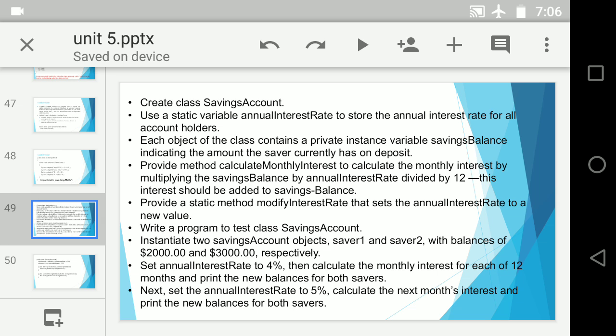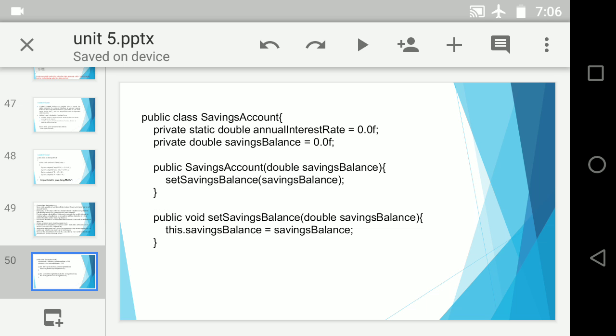Each object of the class contains a private instance variable. That means in the class we need to use one simple private instance variable, by the name savingsBalance, indicating the amount the saver currently has on deposit. Correct? So let us see how the second variable, third line, is used.